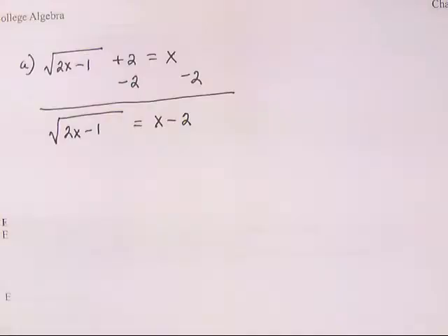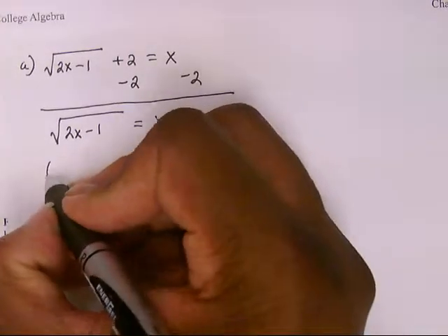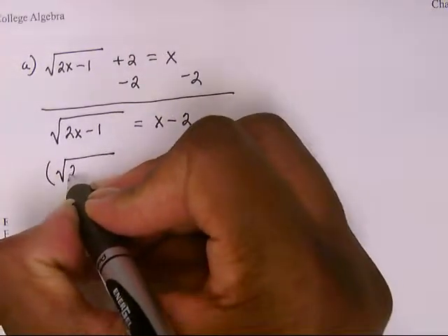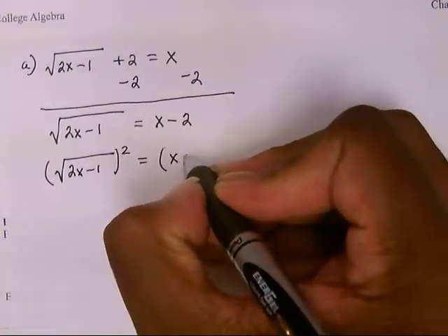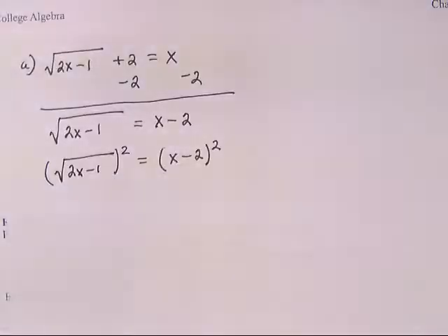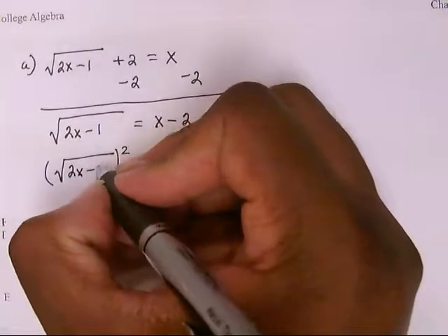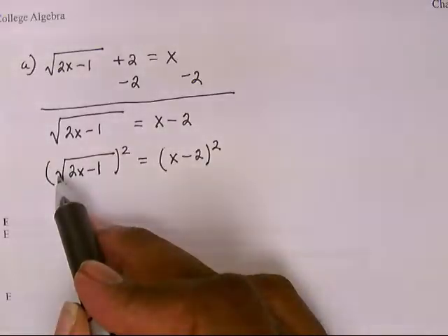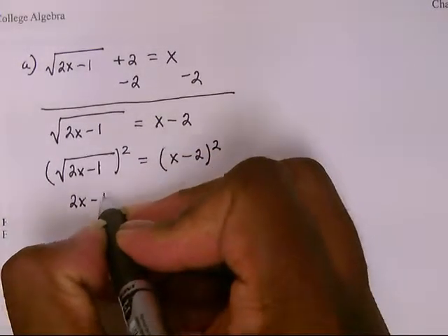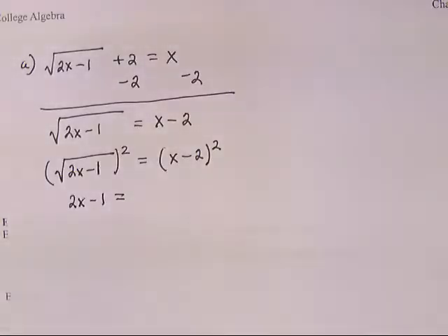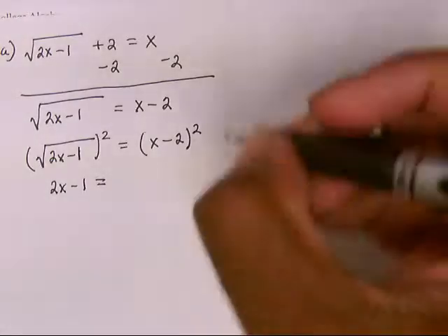Now since we got a square root, to eliminate the square root, we need to take the square on both sides, because squaring something and taking the square root are opposites. So the opposite of the square root will be to take the square on both sides. When you square both sides, it eliminates this radical. So the square root of 2x minus 1, and that's squared, you'll get 2x minus 1. And then that's equal to. Now for this x minus 2 quantity squared,